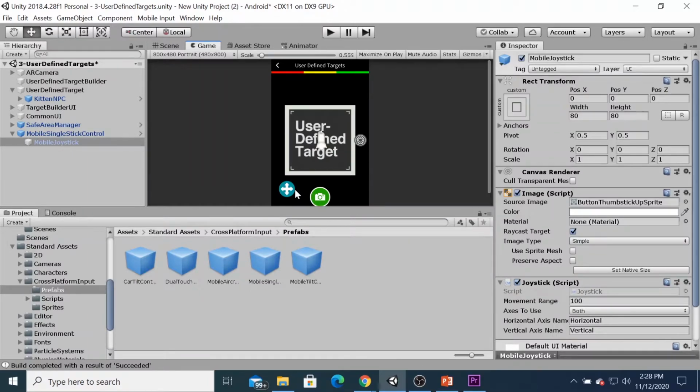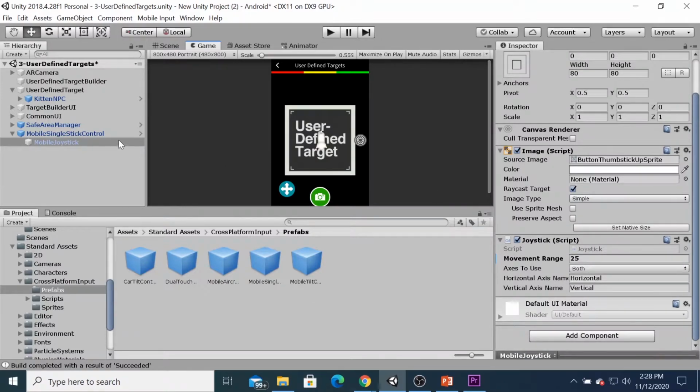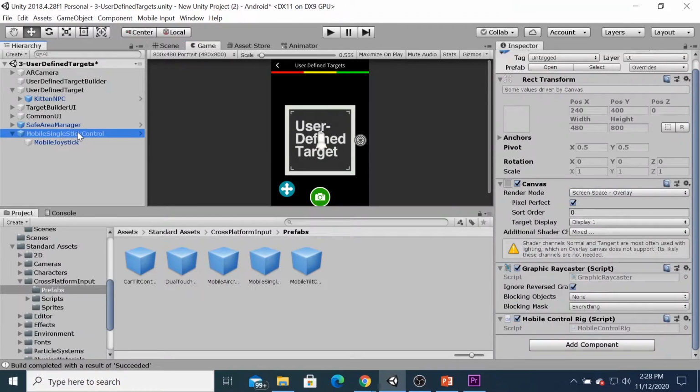The movement of the joystick will have a limited movement, so you can click the mobile joystick and then define, for example, 25 here, so it has a limited movement. After that you can click the mobile single stick controller here.